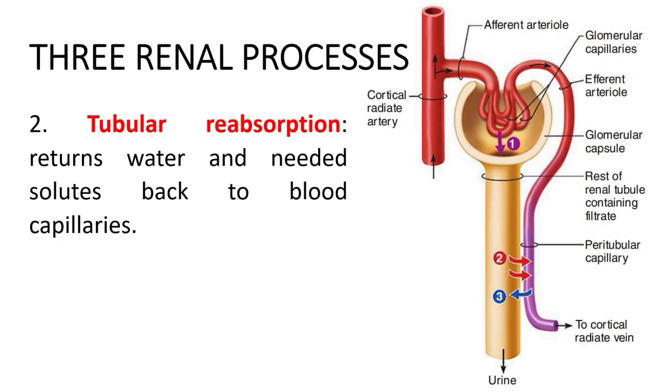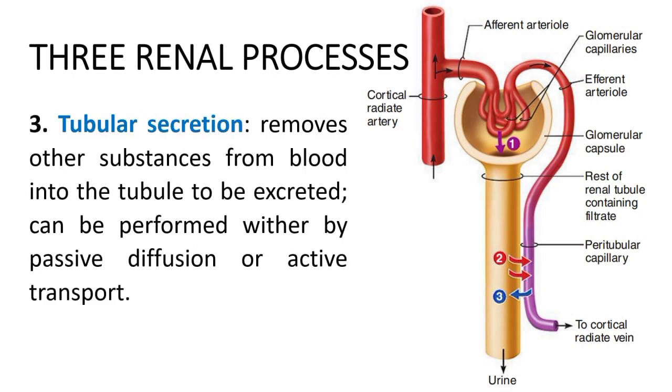The final process is tubular secretion. It removes other substances from the blood into the tubule to be excreted. It can be performed either by passive diffusion or active transport. Tubular secretion is essentially tubular reabsorption in reverse. Some substances such as hydrogen and potassium ions and creatinine are also moved from the blood of the peritubular capillaries